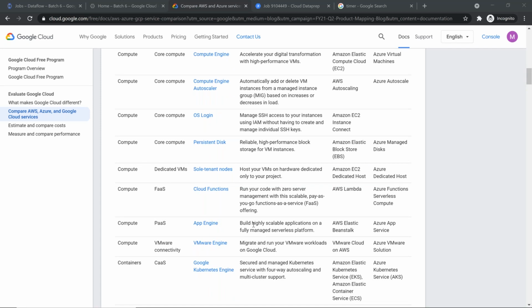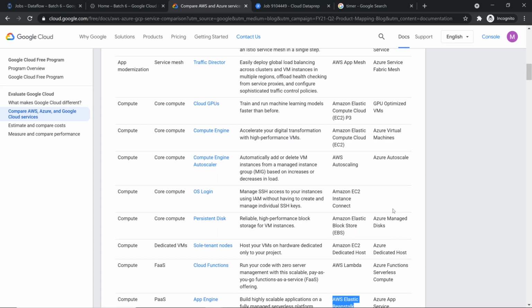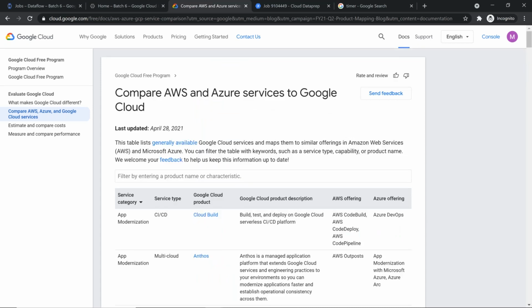That's in BigQuery in GCP. If it's in AWS, it's going to be called Elastic Beanstalk. If it's in Azure, it is called Azure App Engine. So this could be a single pager basically